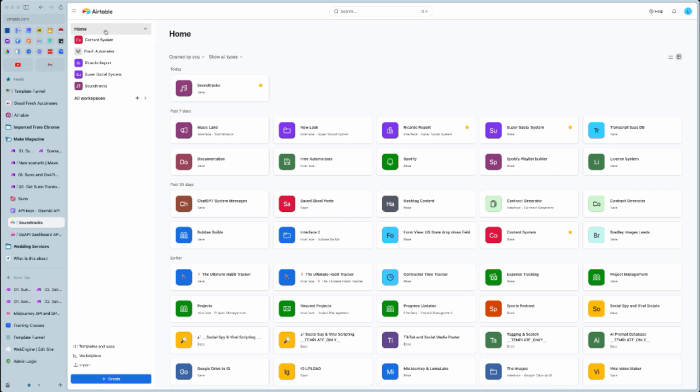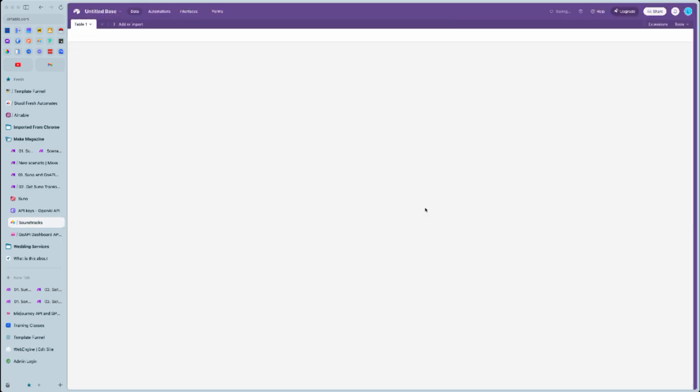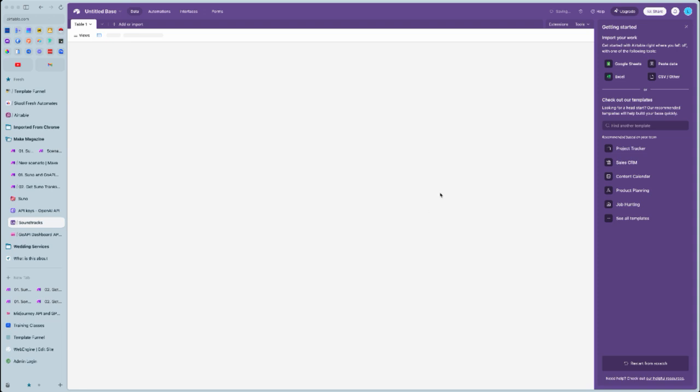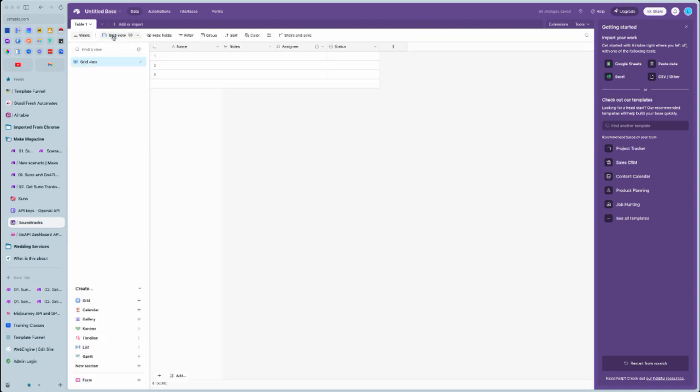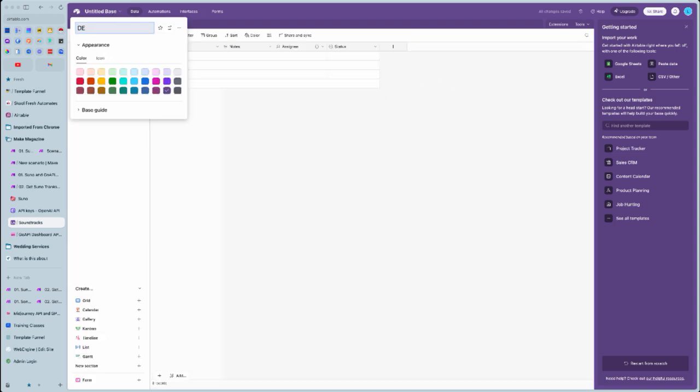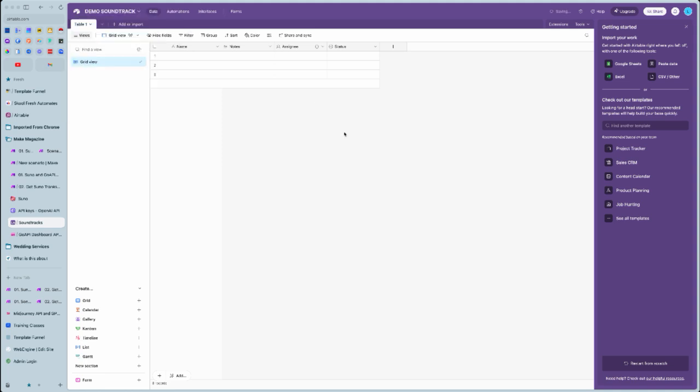Once you get an Airtable account, you'll have a workspace. My workspace, I have a couple different ones, but you'll have a workspace. You're going to come to the bottom. You're going to hit create, start from scratch. And I'm going to call mine demo soundtrack. We'll leave the color purple because I like purple. We're going to double click here and then table name. We're going to call this not ready